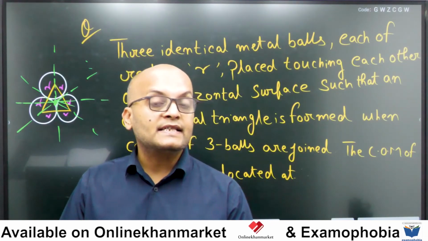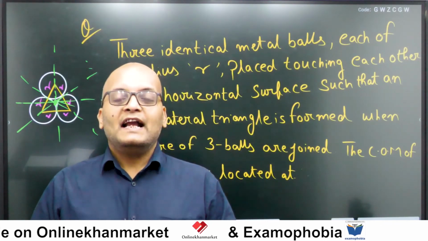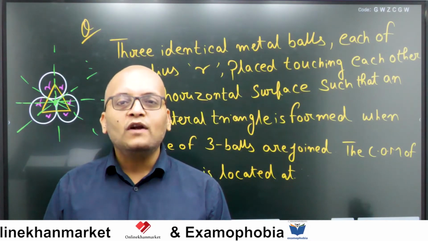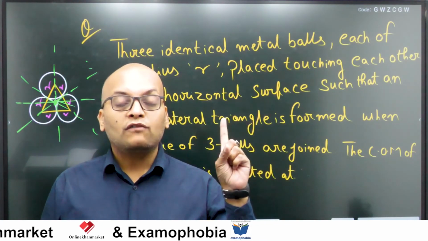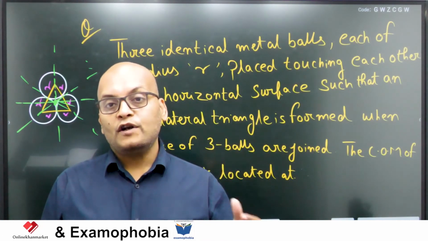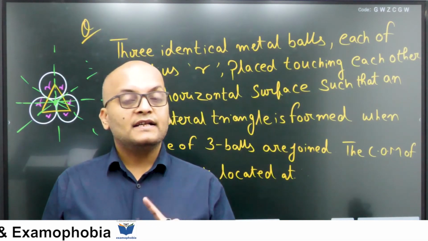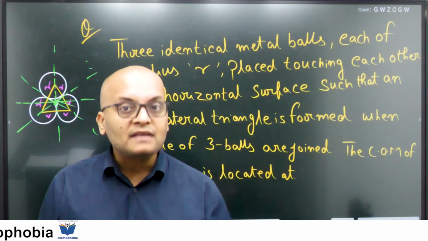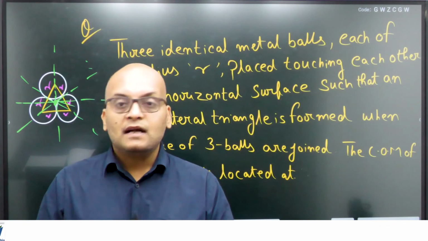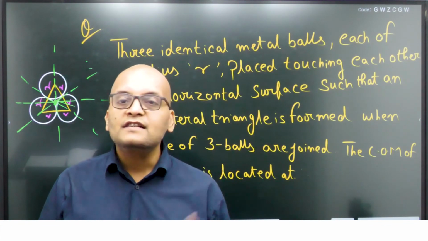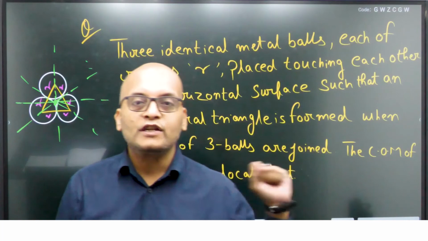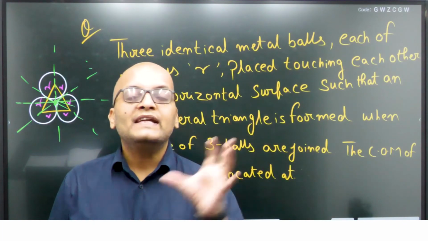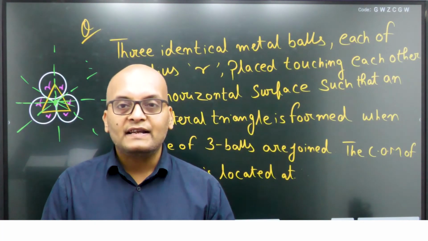Today we discussed the symmetry of the system and we solved a few problems on the implementation of the concept that when the coordinates of masses situated in a system are not provided to us, then we can assume any of the masses to be located at the origin, and in reference to that mass we can determine the coordinates of the entire system.